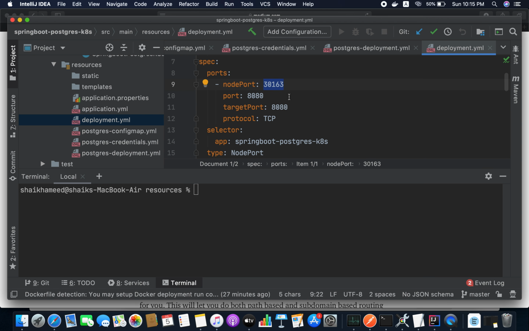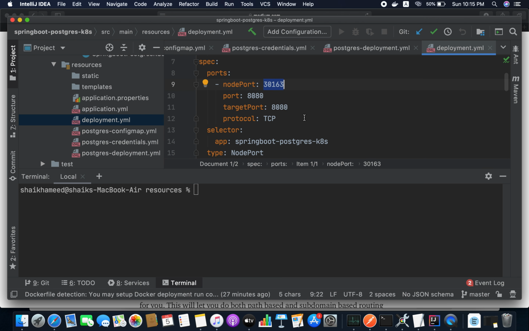In real-time applications we will use the load balancer. The network load balancer gives you a single IP address that will forward all traffic to your service. So if you want to expose a service, a load balancer is a good way.